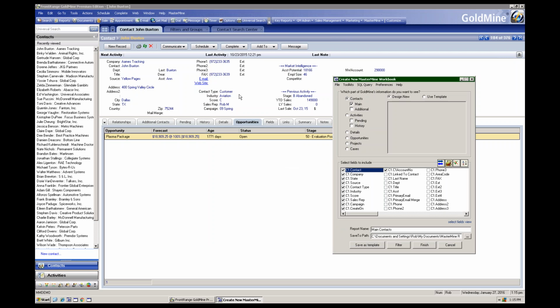Now, I've already pointed out what the custom fields are here in GoldMine. You'll notice that our create screen for creating a new MasterMine report parallels exactly what a user sees in GoldMine. So as a user, if you're going to create reports, you don't need to know the underlying data tables. It's not an IT function anymore. It's an actual user of GoldMine function. You don't need to know all that technical stuff. You really just need to know, hey, I want a report that shows me at the contact level what's in